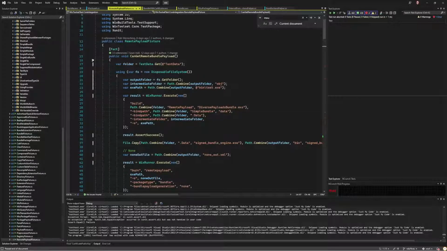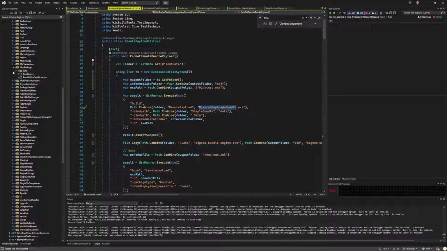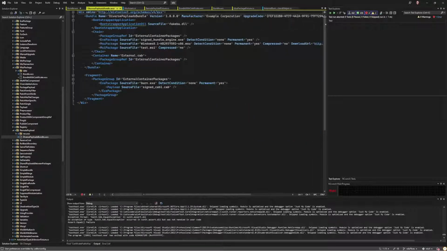All right, let's see. Diverse payloads. Let's look at this thing. Remote payload. Remote payload, diverse bundles, payloads bundles. So this has an XE, an MSU, and an MSI in it, and some external package route to another XE that is signed. Okay. All of these are local. That's fine. And this is